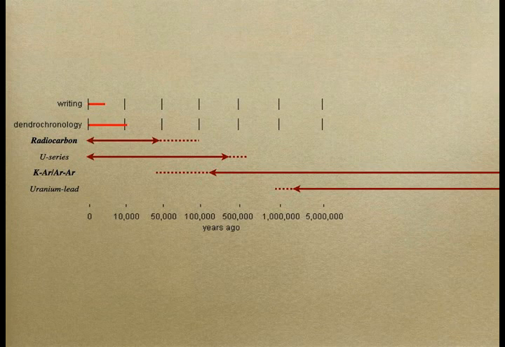Stuff you're dating with the argon method should, generally speaking, if you have normal sized crystals, be 100,000 years old or older. When you're dating things with carbon 14, they can't really be much past 50,000 years. So this period of time between 50,000, 100,000, 200,000 years is often what people who are using the uranium series